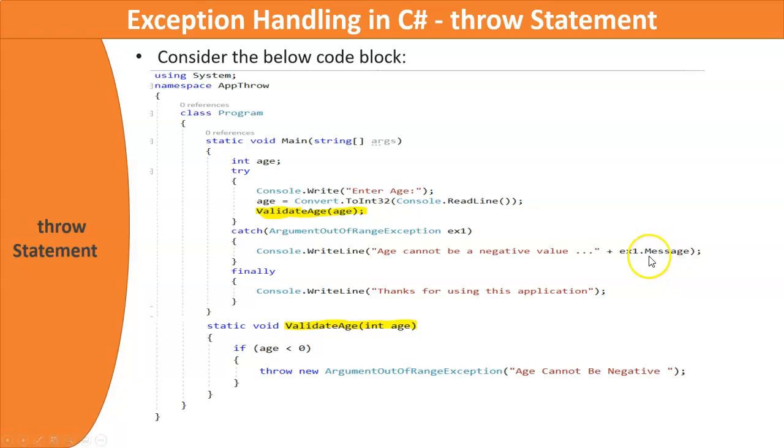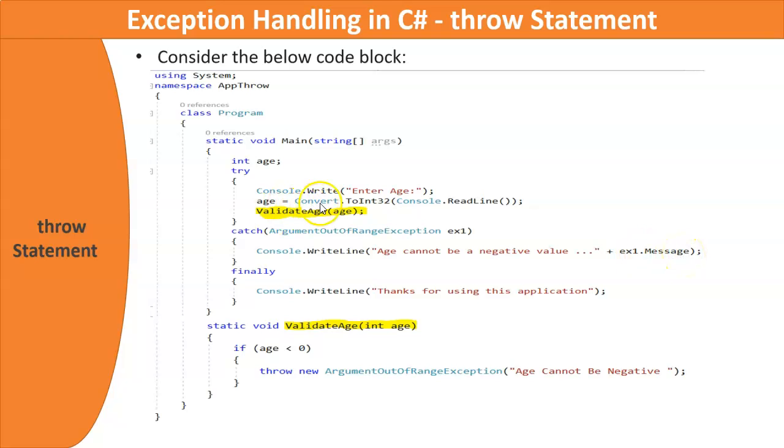What is this ex1.Message? Here ex1.Message is the message property of the exception thrown, and that will be the parameter that is assigned to this exception class, which is "Age cannot be negative". So we are displaying our own message, "Age cannot be a negative value", and this ex1.Message will contain this argument, "Age cannot be negative". That also will get displayed.